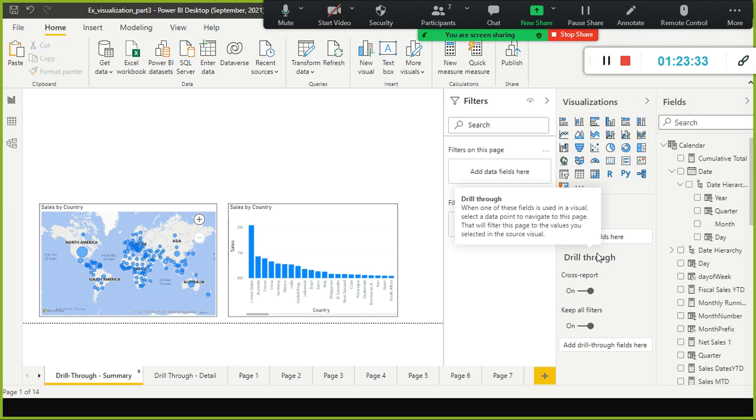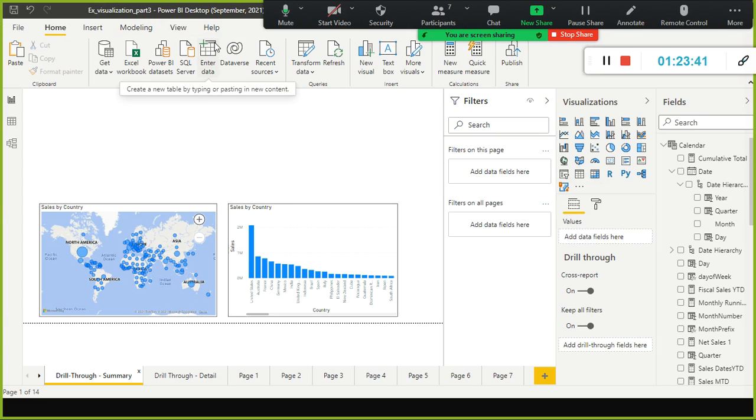Any questions? Okay, since you don't have any questions, this is part 3. I'll just keep it here, and yeah, we need to develop a dashboard. End of the day we need to develop a dashboard. We'll come up with various measures, some more interesting measures, and then we will put it here, and we will see how best we can design the dashboard. We will use some images, all the things. But Saturday is going to be the test kind of thing, assignment and test, a problem solving session.